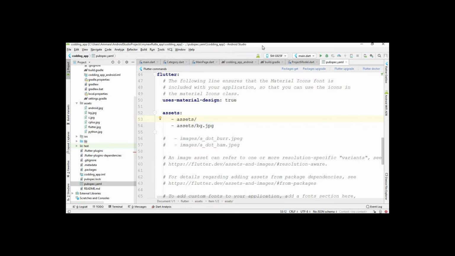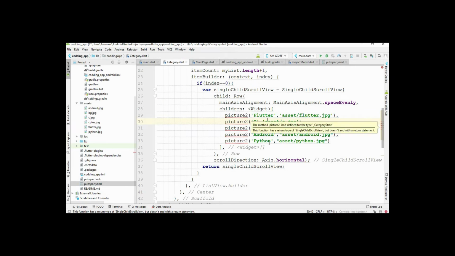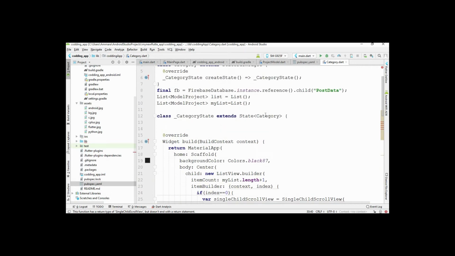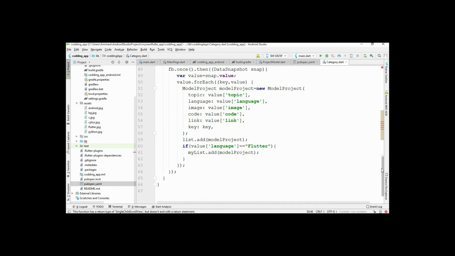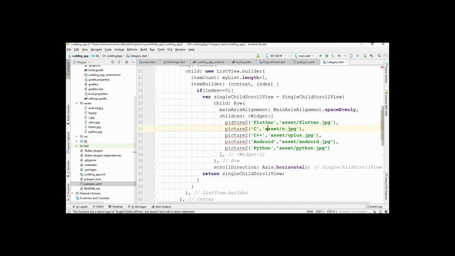So now open this file and I am going to create this function. Before creating this function, first of all I am going to change this function name to horizontal view.